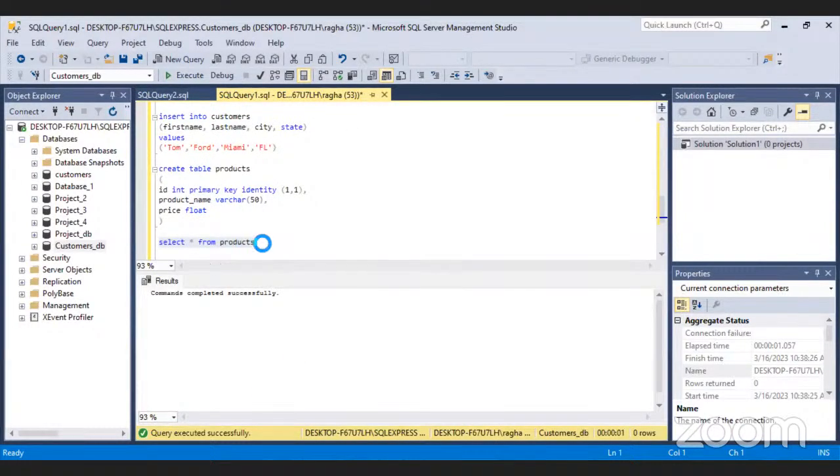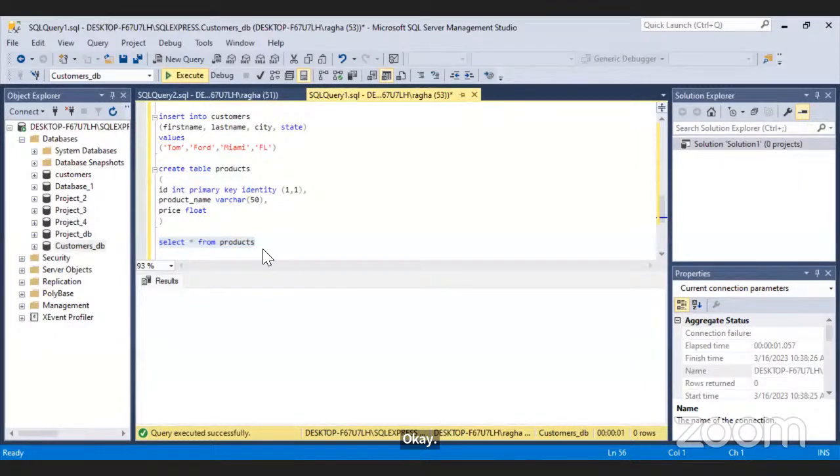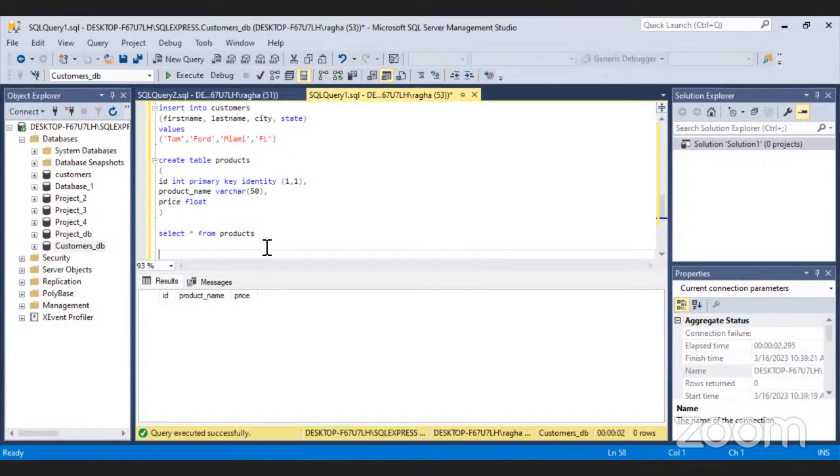Okay. So we can see that there is nothing yet in the products table. So let's insert data in it. I'll just use the query that I already have. To save time, we can quickly insert this.